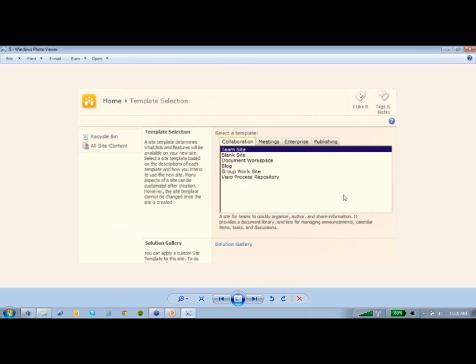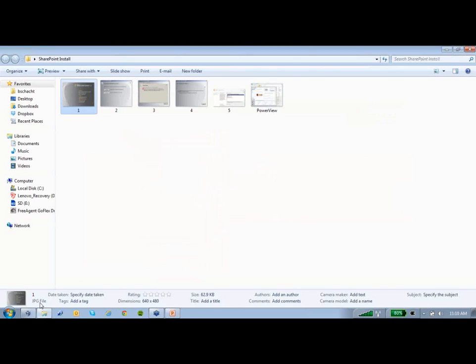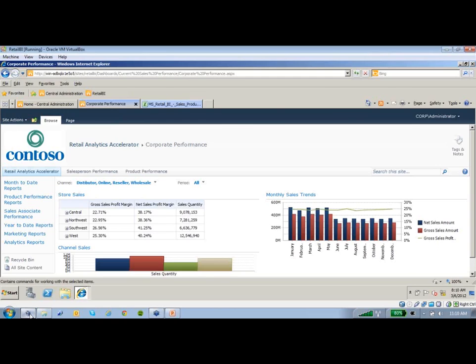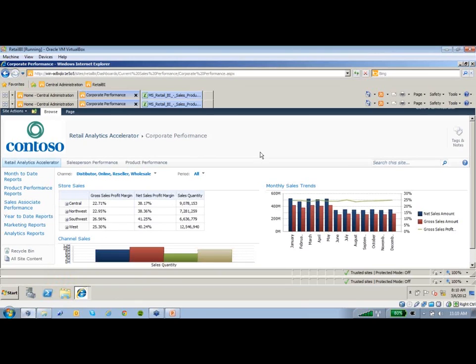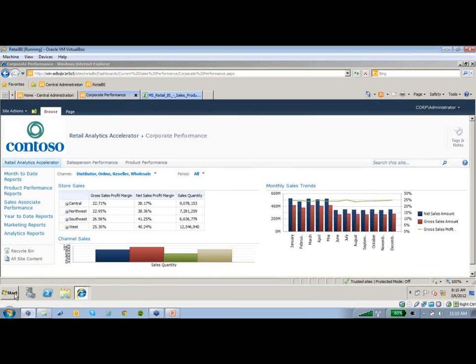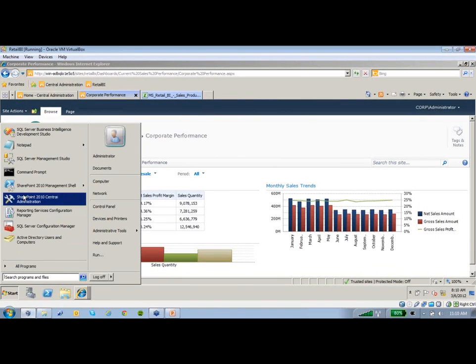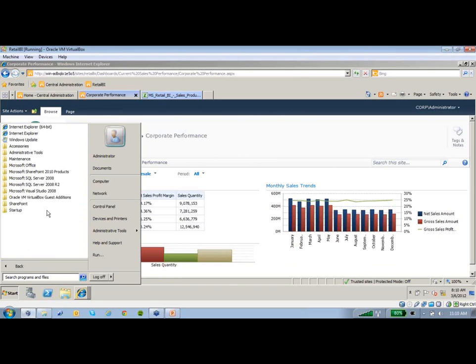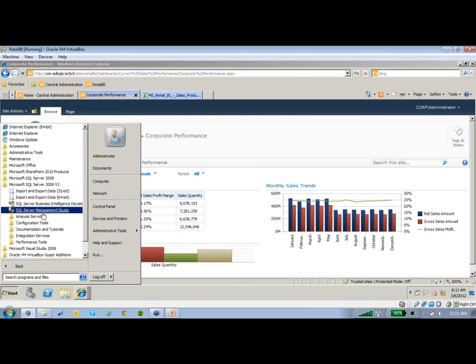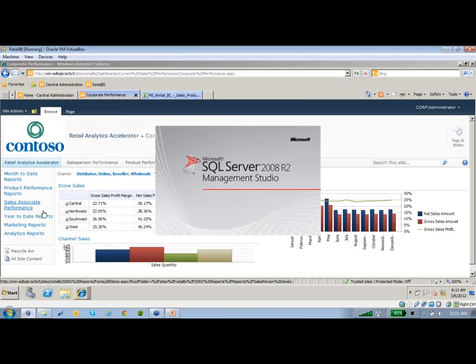Once you get done running through that installation wizard, or the configuration wizard for SharePoint, you'll be asked to create a new site, and this is what that screen is going to look like for you. So we'll hop over here into a virtual machine that I've got set up. This has already got an existing installation of SQL Server 2008 R2. Like I said, I don't actually have the 2012 one on this machine, but we'll open up Management Studio here,